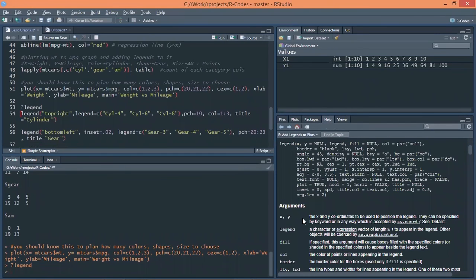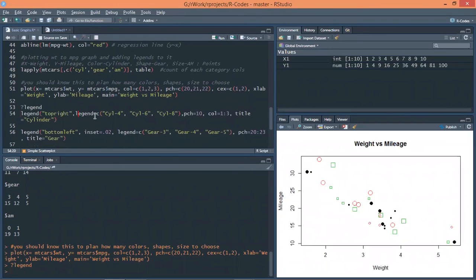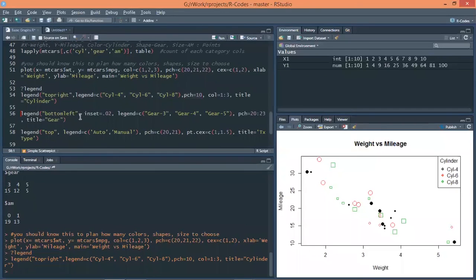So first is the X. These are the legends, position that you are giving. Then there will be the name of the legends that you want. Then there is size and shape that you want for that legend name, and title. Title will be the name of that whole content.